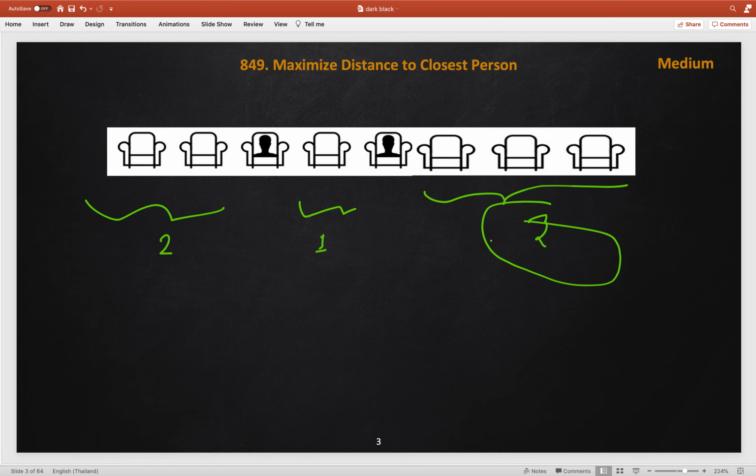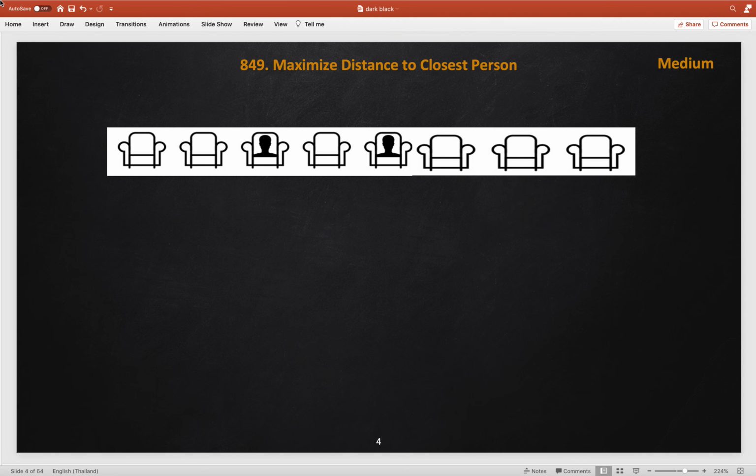Now pause the video. There are 3 cases. Solve all 3 cases one by one, iterating your array. First get the initial empty seats and the trailing empty seats, and get the maximum consecutive zeros in the center surrounded between two sitting persons. So let's start thinking how we will solve this more optimally in one pass itself.